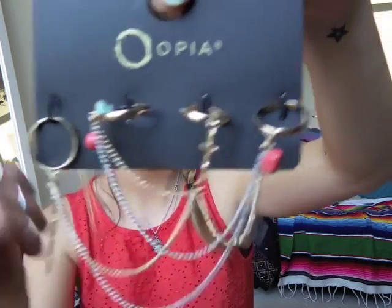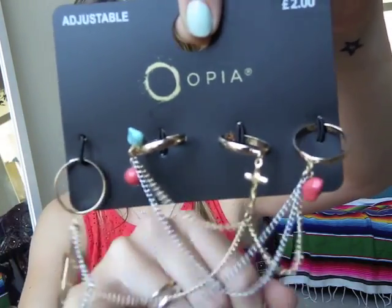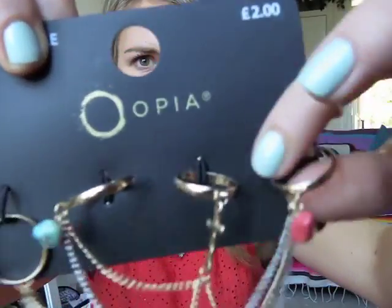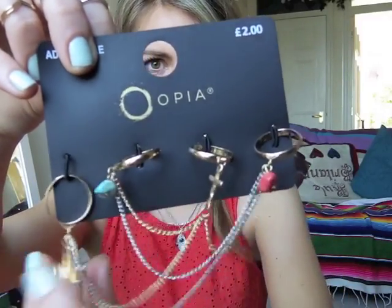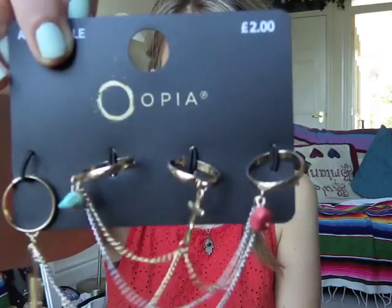They're gold, 4 adjustable gold bands. But then in between them all, they've got this chain. Each ring has got a little gemstone or a charm on it. This one's got a kind of arrowhead on it. And I do really, really like them, but I'm concerned as to the chain, because I thought when I got